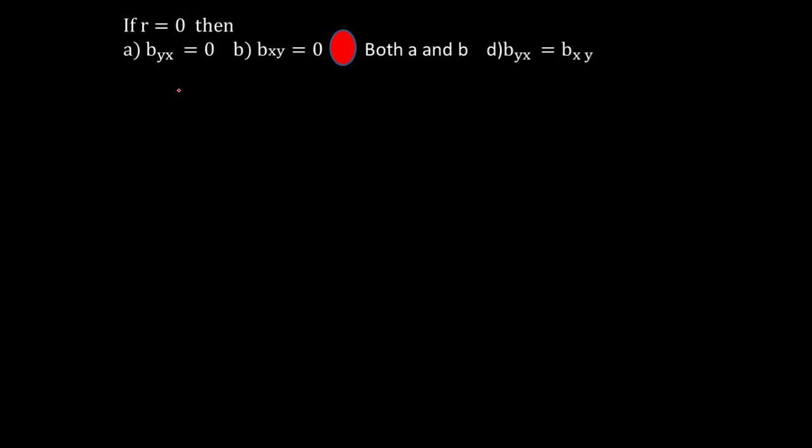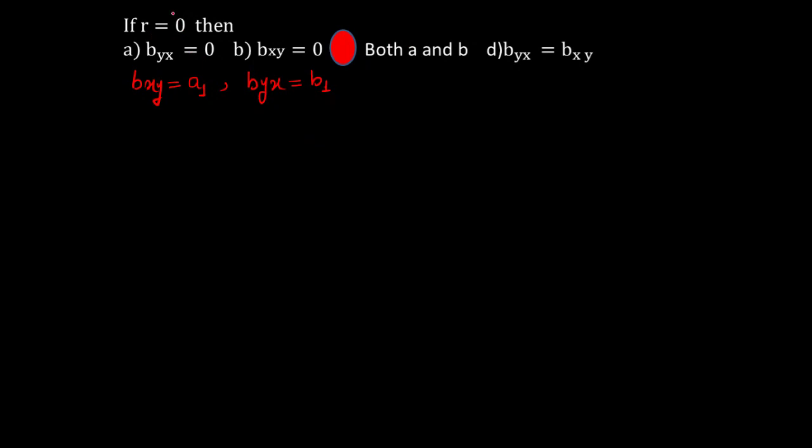We have already seen that bxy, as per the notation known to the various faculty members of the university, is nothing but a1. So I may replace the option by a1 and b1 like this also. You have to keep this in mind. Then byx, as per the university teachers' notation, is b1. So r is 0, and the options in terms of a1 and b1 are given. These are all regression coefficients.